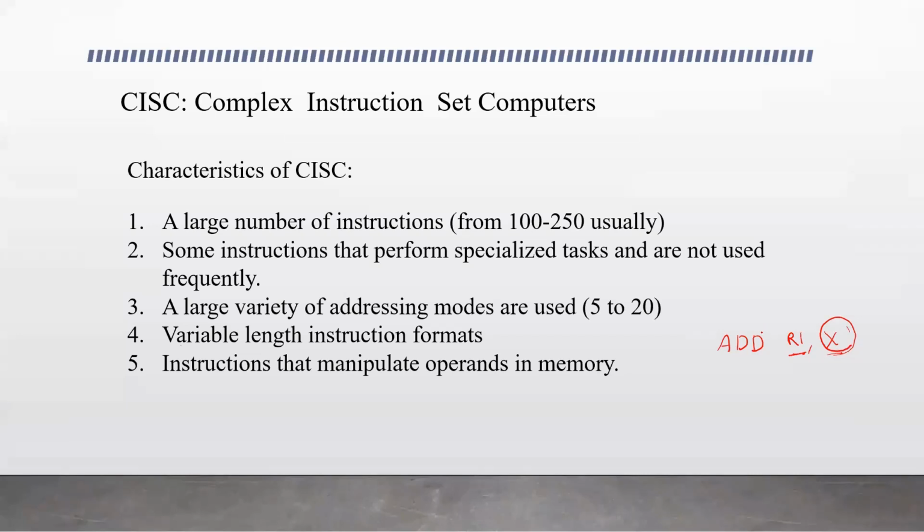So here the main goal of this CISC, why we have this complex instruction set in these computers. When the number of instructions is more, it becomes more complex. The main goal of this CISC architecture is to provide a single machine instruction for each high-level language instruction. When we write a program in a high-level language, the compiler's job is to translate the instructions written in high-level language to machine language.